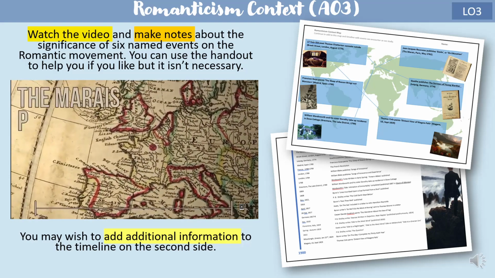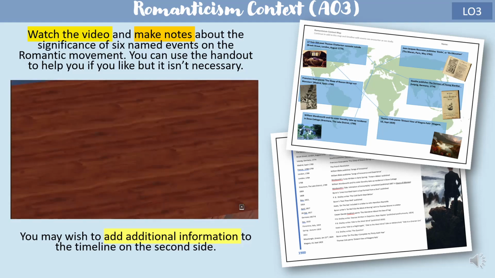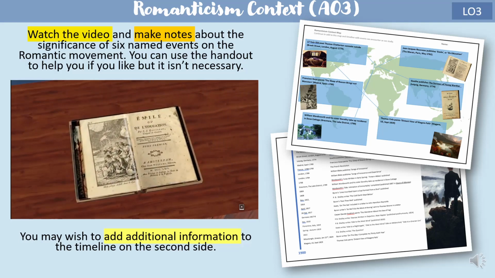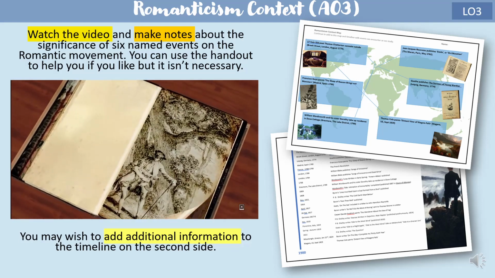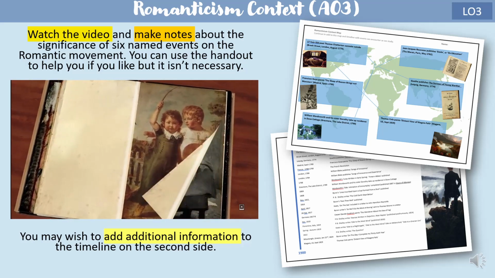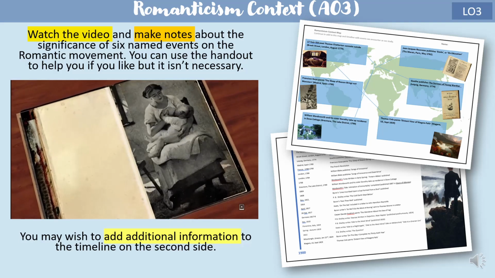The Marais, Paris, May 1762. The Swiss philosopher Jean-Jacques Rousseau publishes a book about the raising of children, Émile, or On Education. It contains diatribes against the oppressive world of adults and praises the natural goodness, spontaneity and wisdom of little children. It is at points extremely anxious to get mothers to breastfeed their offspring, the first sustained argument for this practice